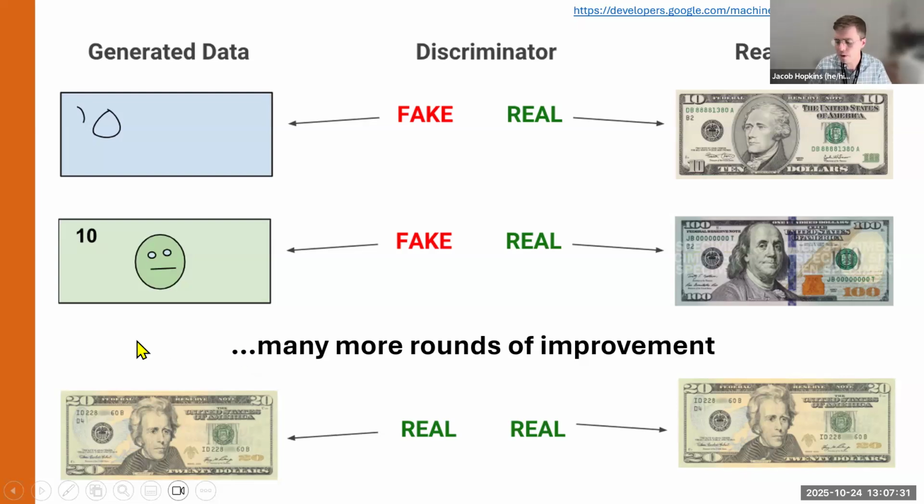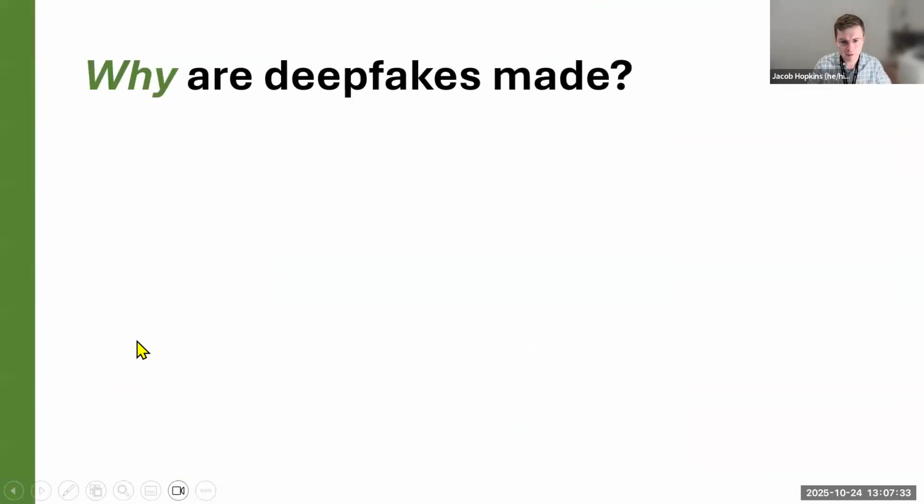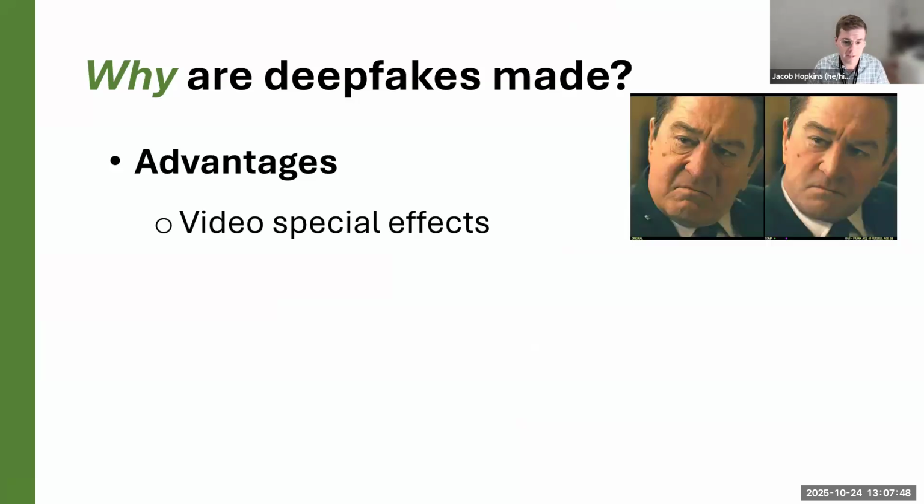And so why are deepfakes made? Well, they have their pros, but also their cons. On the more positive side, filmmakers can use them for a variety of purposes, such as dubbing movies in other languages, or for creating special effects. So a famous example of this is Martin Scorsese's 2019 movie, The Irishman, which used deepfake technology to, quote, de-age actors, meaning they used deepfake technology to make them look younger.